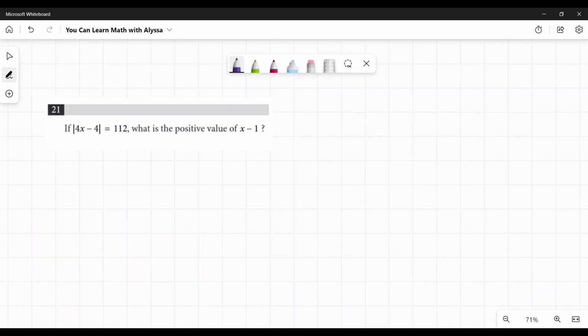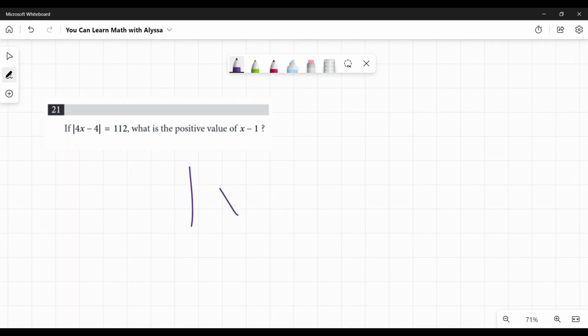Number 21. If the absolute value of 4x minus 4 equals 112, what is the positive value of x minus 1? Honestly, these questions. You'll see why I'm slightly annoyed with them in a minute. So absolute value 4x minus 4 equals 112. If we're solving for x, we would have to look at both versions of it, because absolute value means if